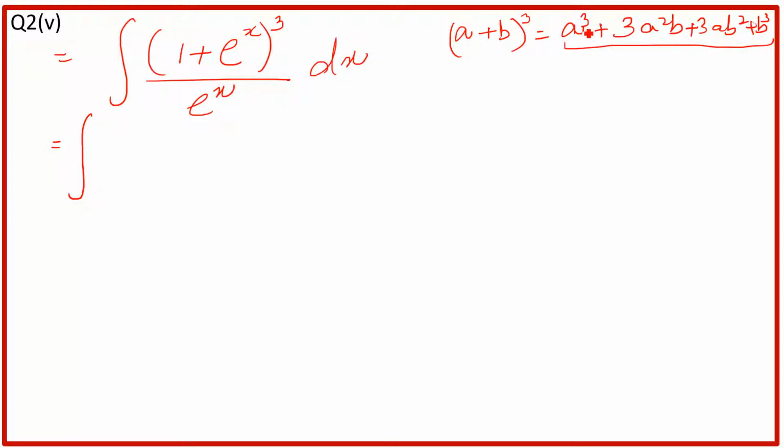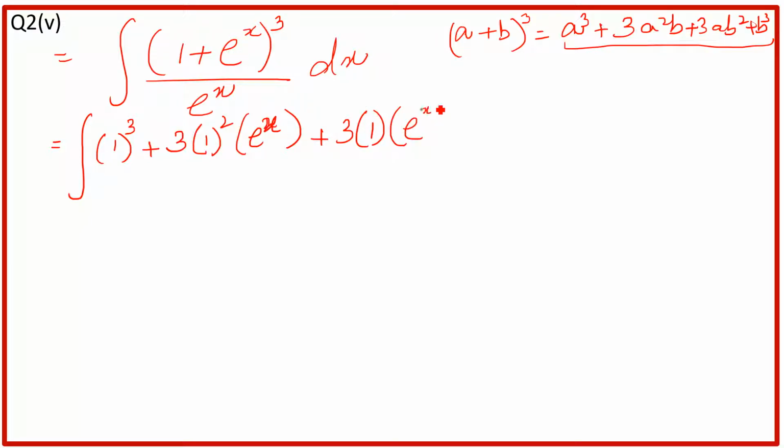First is a cube, and instead of a we have 1, instead of b we have e^x. So a cube plus 3 a square b: a we have 1, b we have e^x. Same thing now, 3, instead of a we have 1, instead of b we have e^x square, plus b cube, means e^x cube, and dx divided by